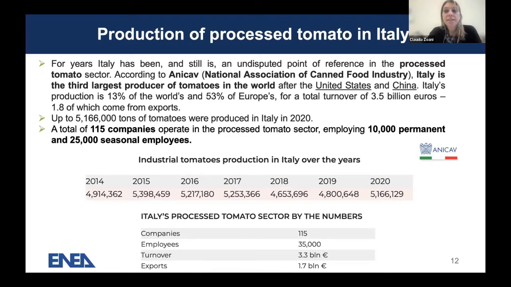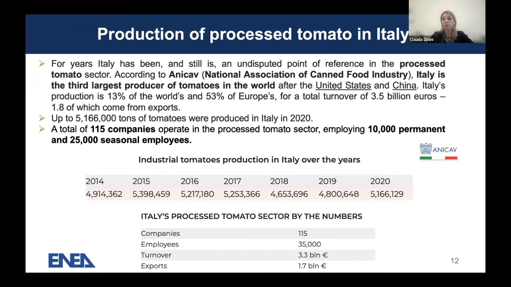Okay, Italy is a reference point in the processed tomato sector. We have official data that are provided by the ANICAV, that is the National Association of Canned Food Industry, which has a sector fully dedicated to tomato canned products. And Italy is the third largest producer of tomatoes in the world, after the United States and China. In 2020, Italy produced up to 5,166 kilotons of tomatoes. We have 115 companies operating in